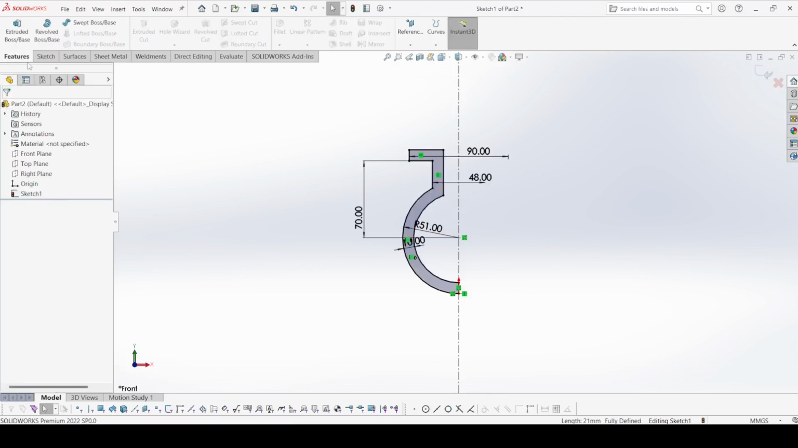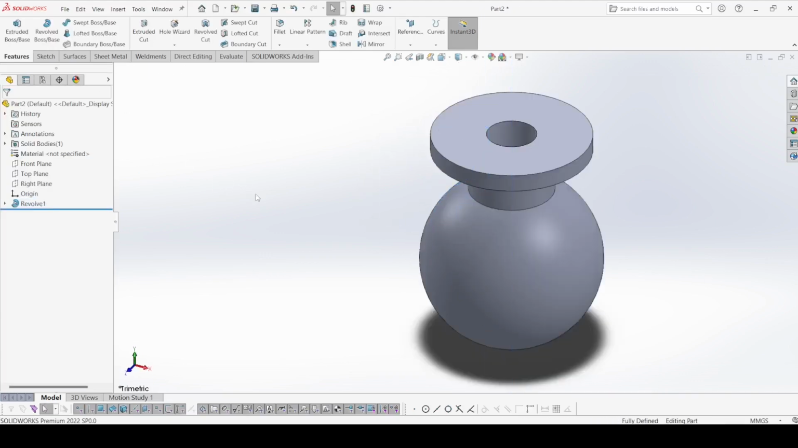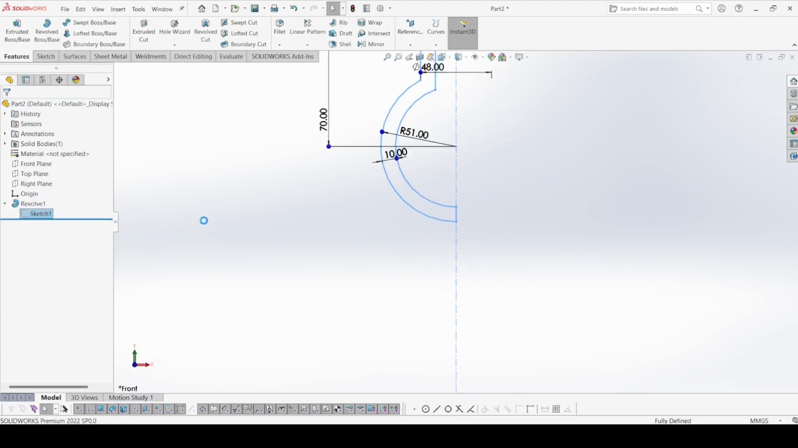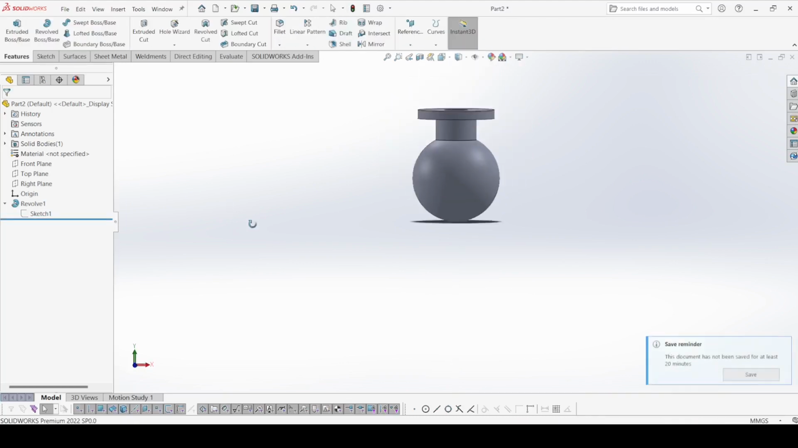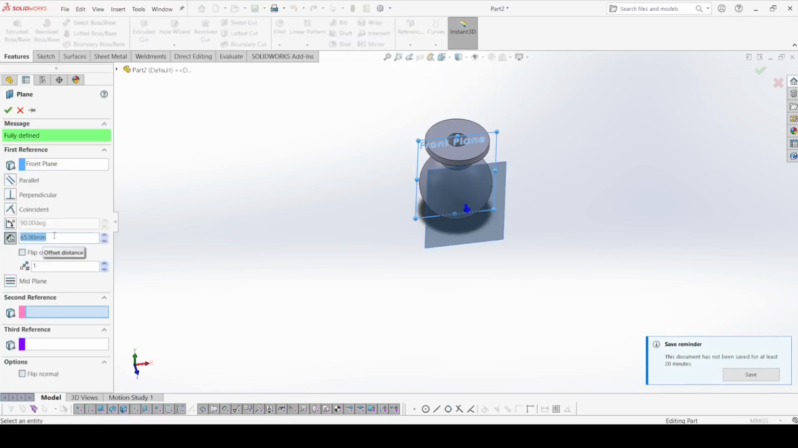Now go to features and select revolved boss and apply OK. Make sure the offset here, check this one first. Offset is 10 mm only. Okay, and now select front plane again and here select plane, and it is 130 by 2, so it is 65,